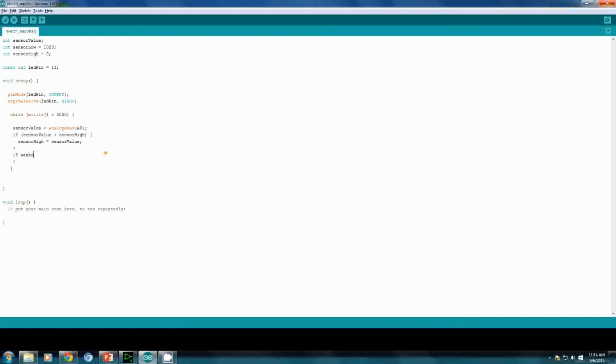Space sensor value is, now we want the less than sensor low, close parentheses. Oops. Make sure there's an open parentheses there. Space bracket, sensor low equal to